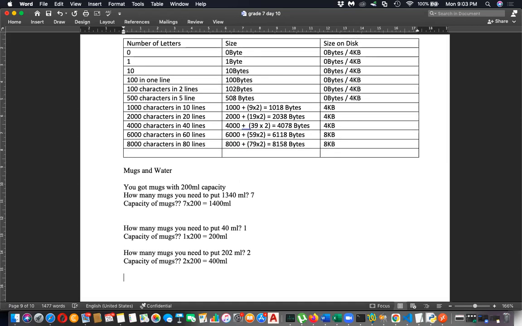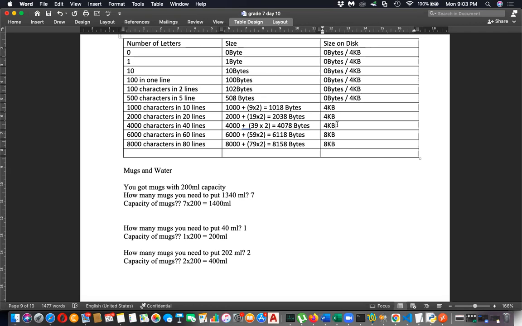This is how computers store files. That's why 4 KB came even for 1 byte. Mac says 4 KB. Windows 7 said 4 KB, but Windows 10 says 0, it doesn't care. But anyway, even for 1 byte, it needs 4 KB. Even for 10 bytes, 4 KB. 508, 4 KB. 1018, 4 KB. 2000, 4 KB.